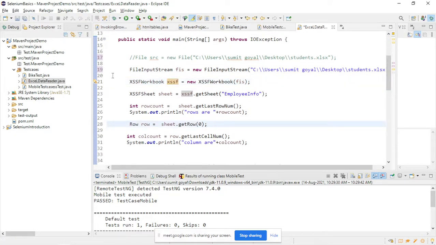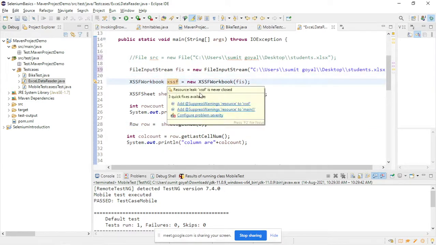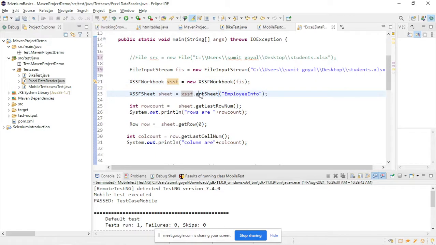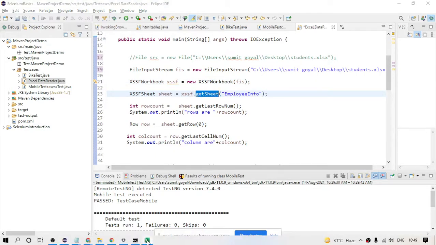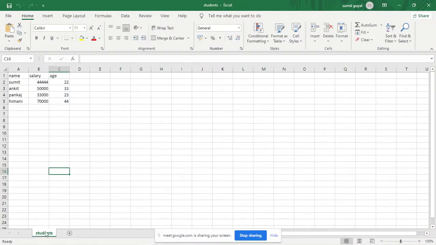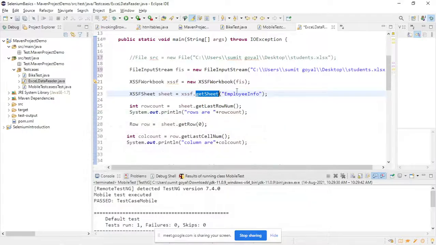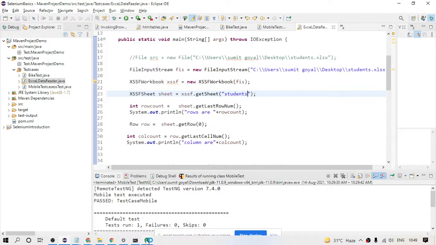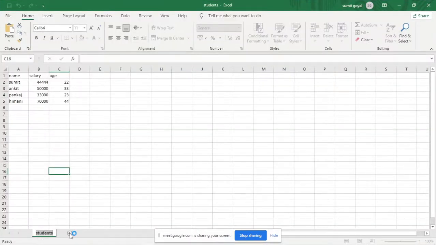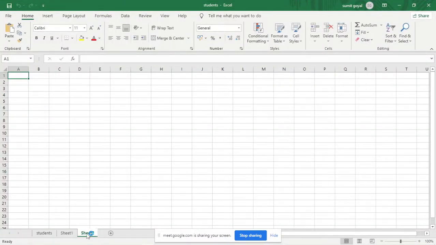So once you create it like this, this object will have one method. So when you say dot getSheet, as of now if you see what is our sheet name, there can be hundreds of sheets here. My sheet name is students. So I will copy this. So this is my sheet name. What I can do, if I show you, there can be sheet number 2, sheet number 3, like that.